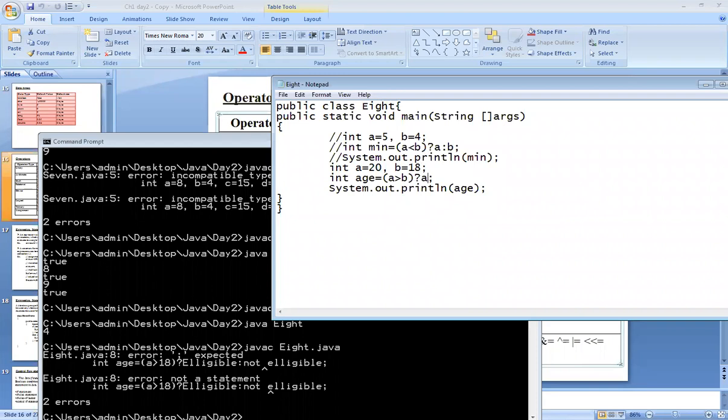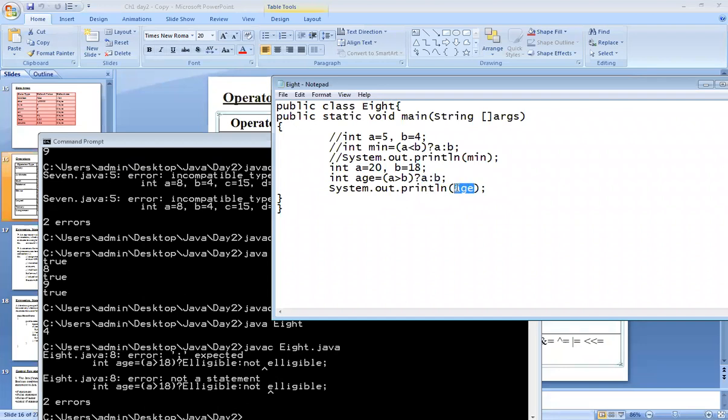Okay, so I'm making very slight changes in the program. I have taken a is equal to 20, which is the actual age of that person, and b is the limit, meaning it must be greater than 18. So I have compared with b. If that person's age is greater than 18, then it goes to the first condition. If not, it goes to the second condition.